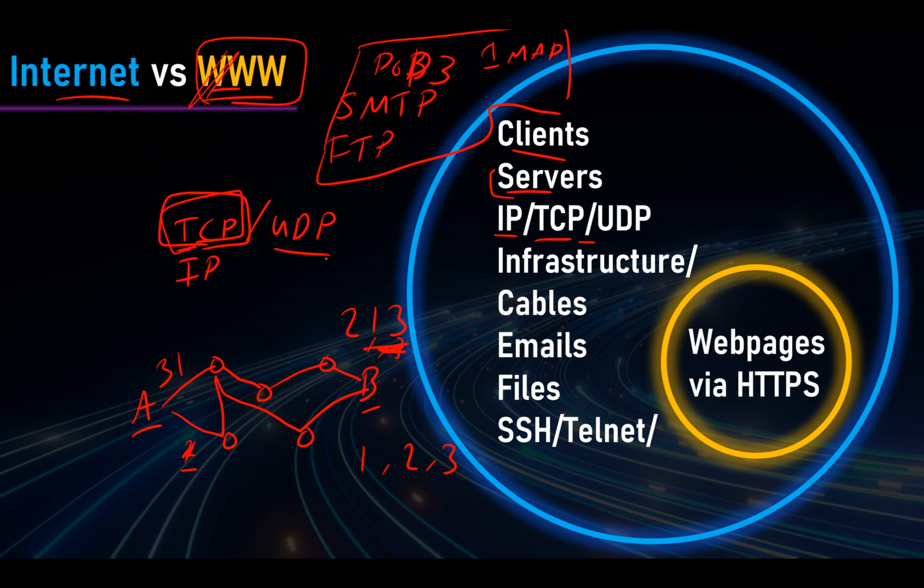Now, in contrast, UDP is more simple. UDP is literally just going to send the packets, and it's not going to do any checks. So if the packets arrive in the wrong order, it doesn't really matter. If some of the packets don't arrive, again, it doesn't matter. It's just going to send them regardless. Now, you might think, why would you ever want to use UDP? A good example could be streaming, like video streaming,